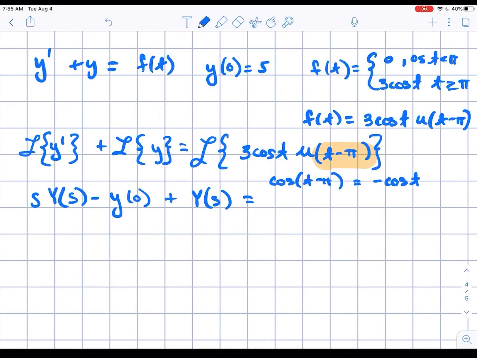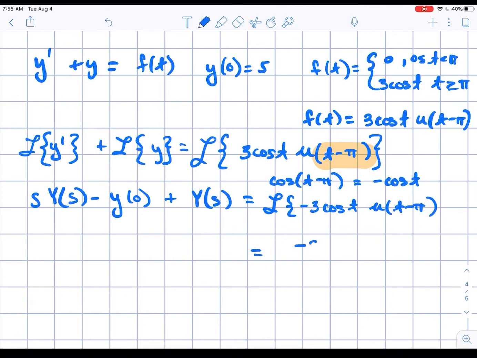So we could change that to be the Laplace of negative 3 cosine t, and then our step, which means that I'm going to get, just going with the cosine part,